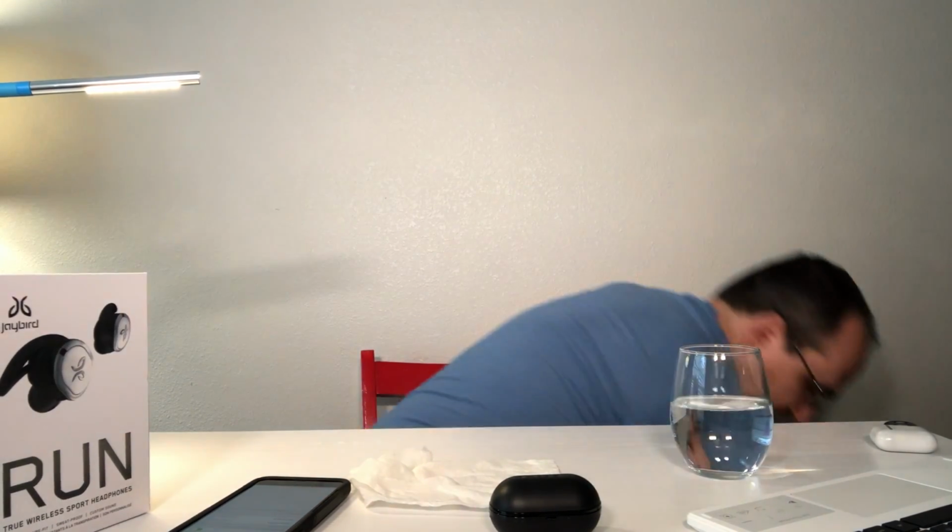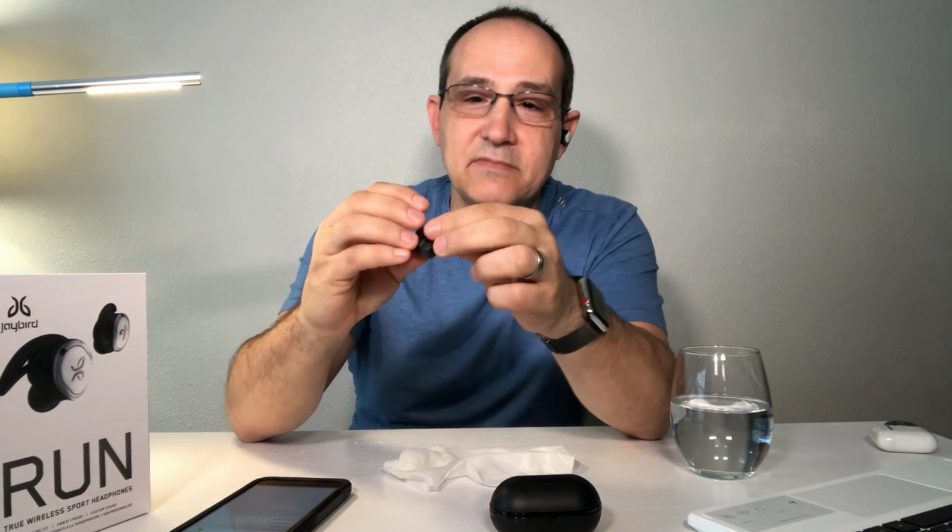So that's a big con right there. If you're using these and running with them, I don't know, maybe it is valid. If you're sweating, I mean, literally, it's just not staying in my ear at all. It's falling out. It doesn't stay when wet. So I would say a definite con is the fact that when they're wet, they fall out of your ear,